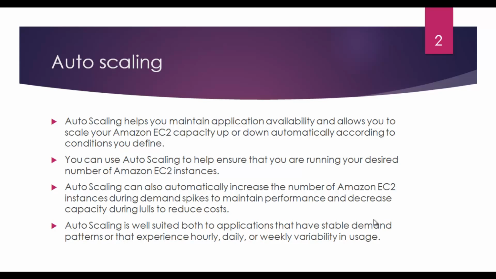Think about this. You have something like a web application running on multiple EC2 instances. Let's say two EC2 instances, and then you have an elastic load balancer controlling the traffic and distributing it evenly to your EC2 instances. And whenever there is a huge demand, think about this. You are expecting huge network traffic, and things are going to fall apart. At that time, if auto scaling is enabled, based on your launch configurations, if you are defining some parameters or conditions in such a way that if there is huge network traffic, or if there is a spike in the CPU utilization, you want to go ahead and launch one more EC2 instance which will host the same web